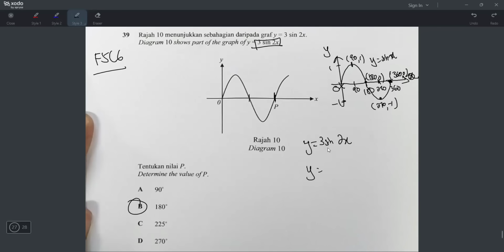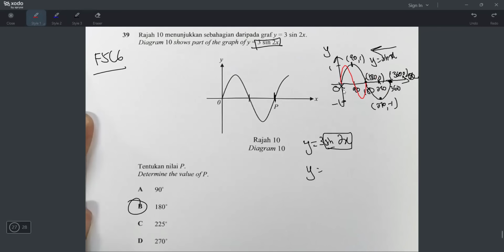Okay, what is the meaning of sine 2x? The sine 2x here means you have to compress the graph horizontally. You have to compress the sine graph horizontally, because sine 2x means you have to draw two sine graphs in 360. How many sine graphs are in 360 here? This is one sine graph in 360. But sine 2x means you have to draw two sine graphs in 360. So what happens is you have to compress the graph so that you can fit two sine graphs like that,